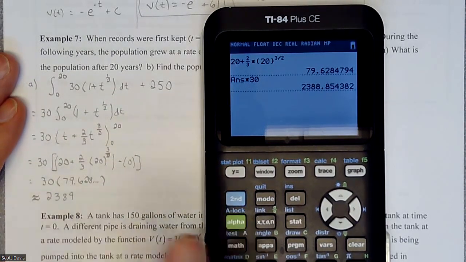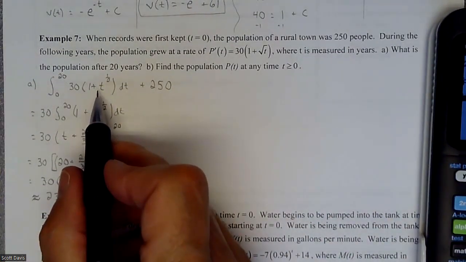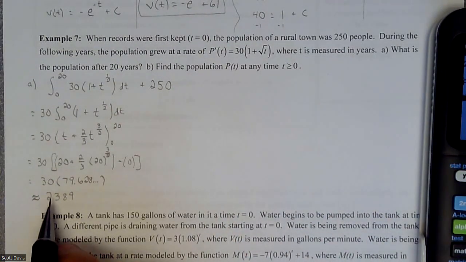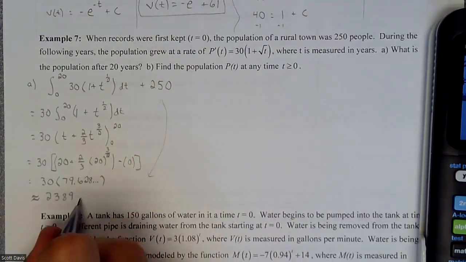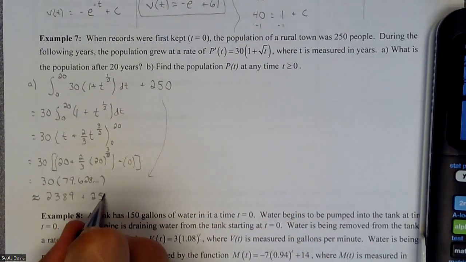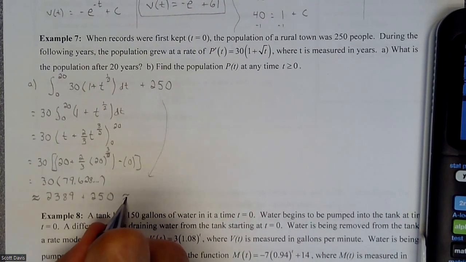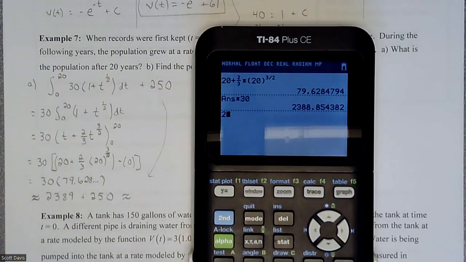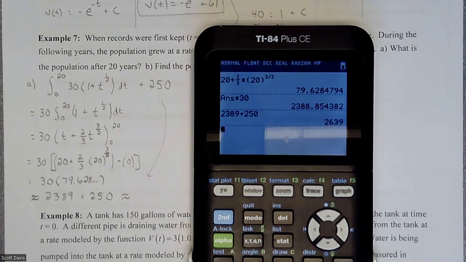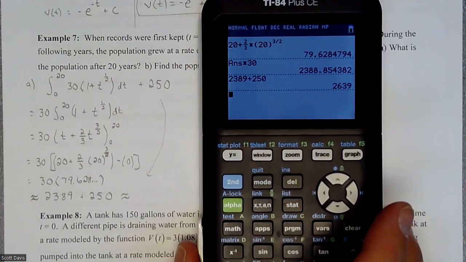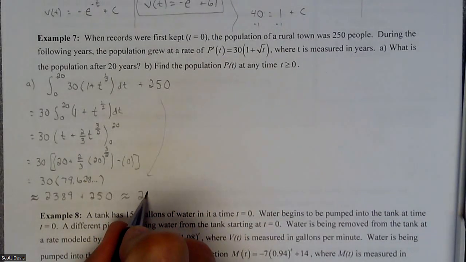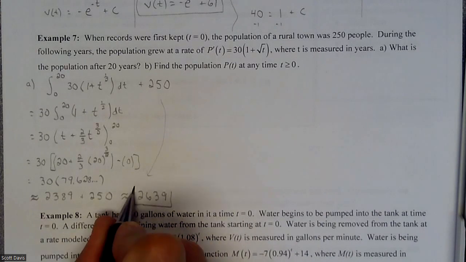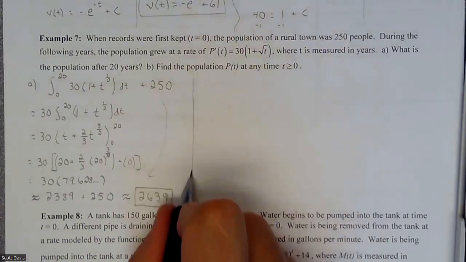So that's the addition in the 20 years. Us finding the area under the curve means the population grew by roughly that amount, plus this 250 gives us a value, so 2,389 plus 250 gives us about 2,639. So that would be roughly the population at that point. All right, so that was part A. Part B